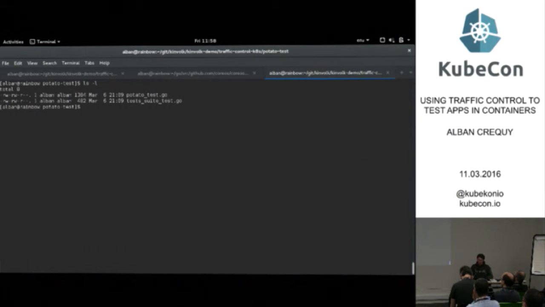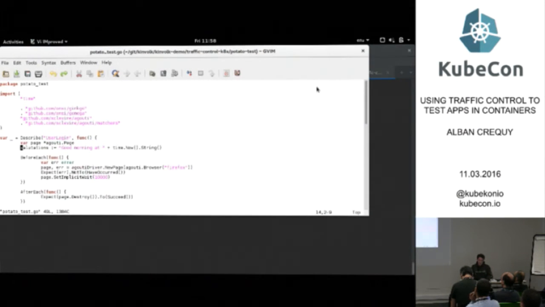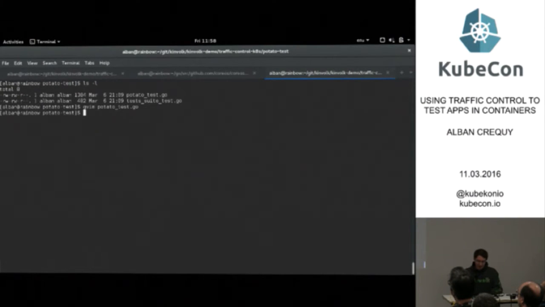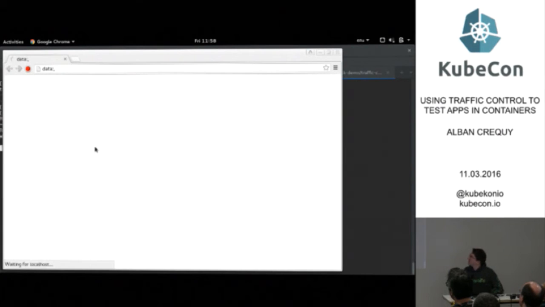So let me find this. Here I have some file. That's the same code I put on the slide, where I will send a message, good morning, with a date. And when I run this, in this demo, it's not using Selenium directly. It will start Chrome and